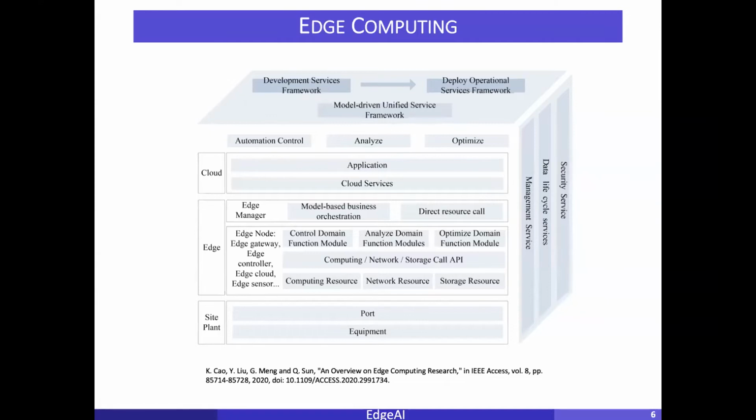When we talk about the unified service framework, the services that we deploy at the edge should work seamlessly across the edge and cloud sides, right? So the application running on my mobile phone, for instance, should not know whether it is being streamed from an edge location or a cloud location. That is the kind of unified service framework we were talking about.